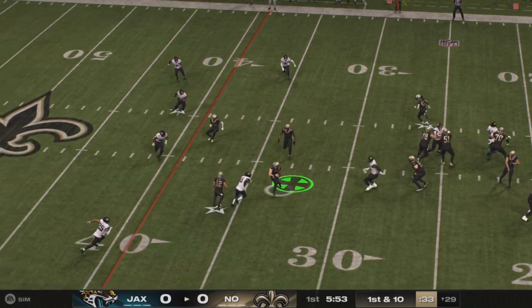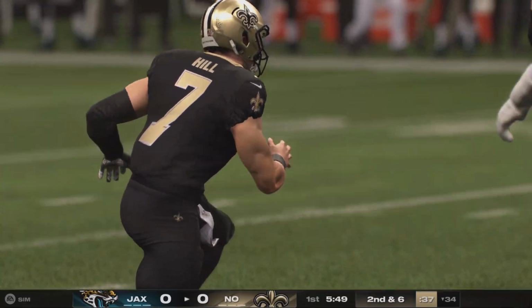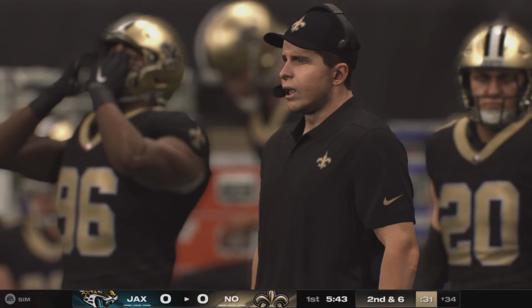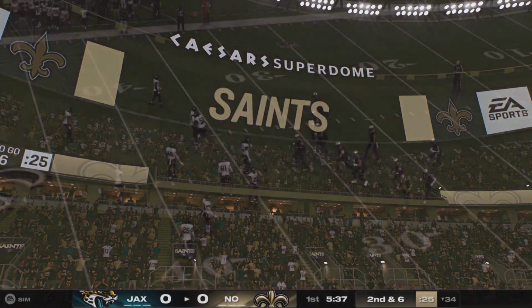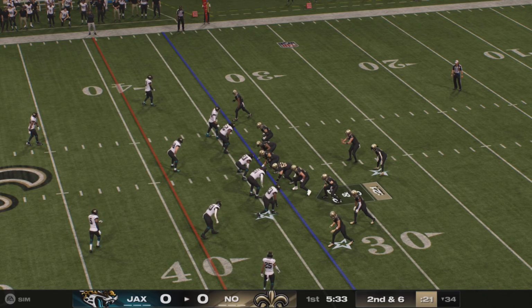Right to the air is Carr. Little short pass here to Hill. And he's brought down at the 34. Call it a gain of 4. Oh, it's time to give a little credit there to the defense. They played that very well because it was a drag route, and he ran it a little shallower than normal as he worked straight across the field. He was hoping he'd get lost behind the defensive line, but once he made the catch, nowhere to turn upfield